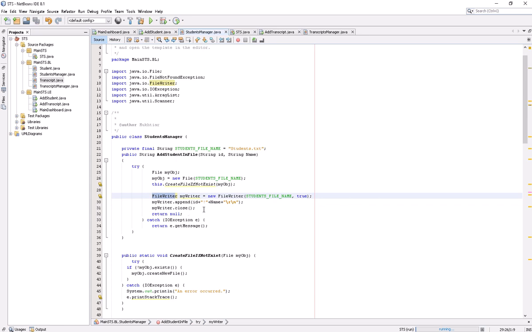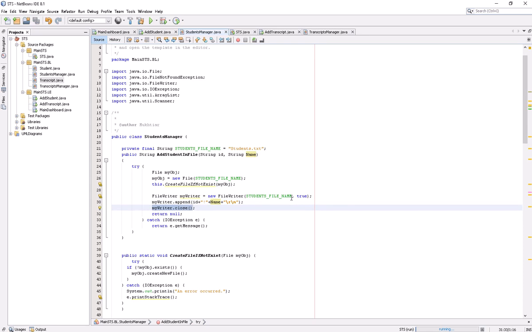My approach is to separate the two data values of the same student by an exclamation mark, and then end the record with a carriage return and next line. So every line has one student record, and one student record has two data values, its ID and its name, separated by the exclamation mark. When I write it, I then close it and the record will be written to the file.